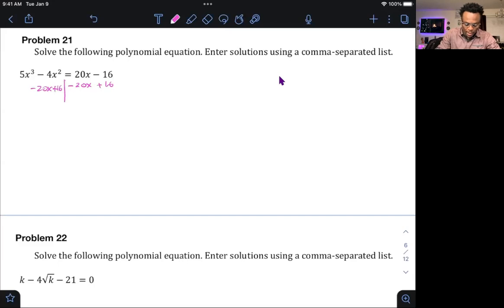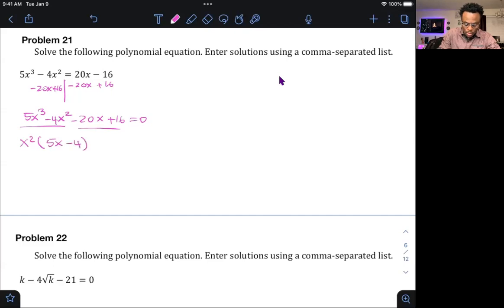So that is 5x to the third minus 20x squared minus 4x plus 16 equals 0. First group and second group, GCF of the first group is x squared,